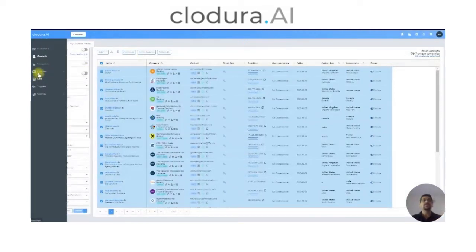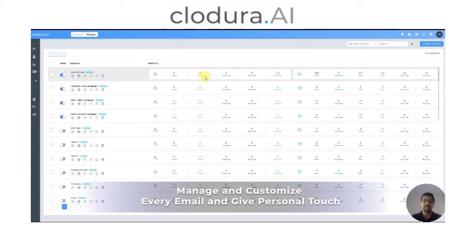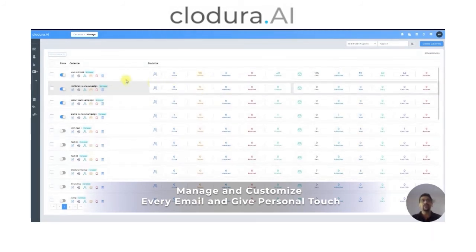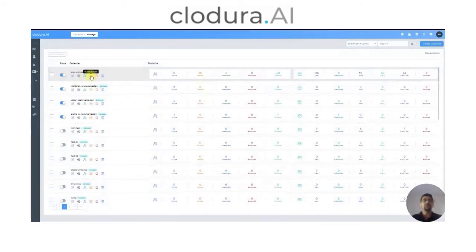So this is one of the predominant differences that we've created for the cadence, where you can directly add contacts into them. The second main difference here is that now you have a lot more granular access to all the contacts in the cadence and the emails that are being sent. So here, if you see, you have an on and off button next to the cadence. You can see the name of the cadence, the settings page. Here you will see all the contacts in the cadence, all the emails that are already scheduled to be sent here, and the report and analytics part as well.